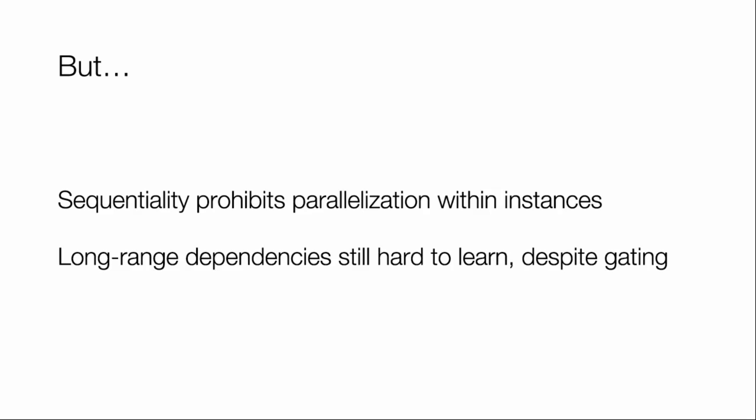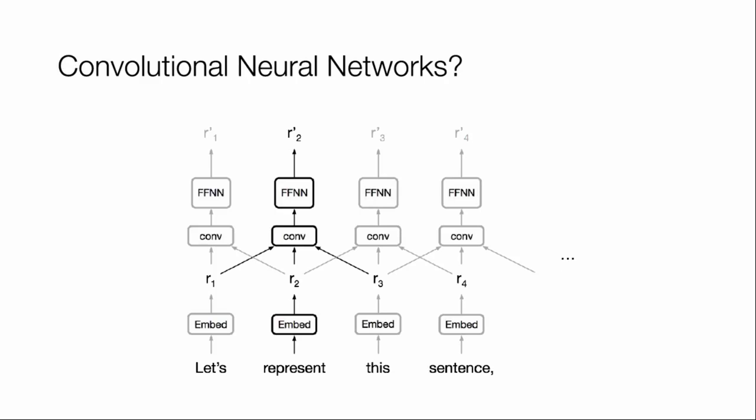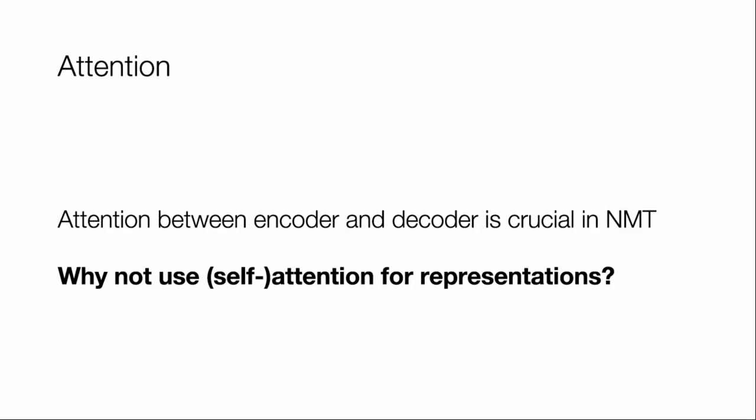Unfortunately, sequentiality limits the amount of parallelism you can do, slowing down training time. And if you want to model long-distance relationships, you have to make many hops through the network, and they can be potentially difficult to train. Many dependencies are local, and convolutional sequence-to-sequence models exploit that. They're trivially parallelizable, very fast to train. They've worked well. However, again, if you want to model long-distance relationships, you need many layers, sometimes linear or logarithmic in the input size. Attention, or content-based memory addressing, has been a very crucial component in standard encoder-decoder models.